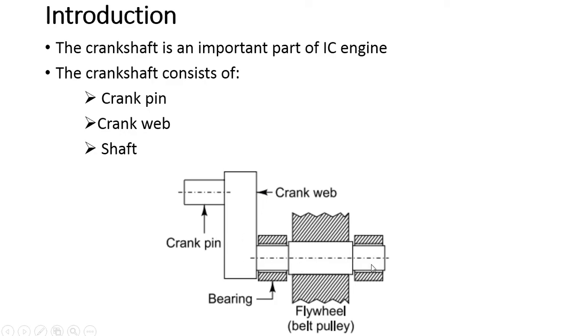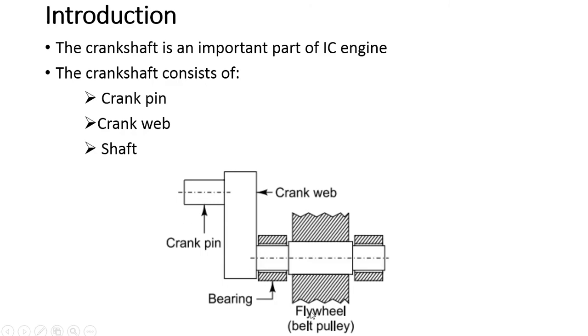Last is the shaft portion that rotates in the main bearings. We have two bearings in this also, and it transfers the power to the outside source, which can be with the help of pulleys or gears. So here it is connected. So these are the complete components of a crankshaft: a crank pin, a crank web that connects the crank pin to the main shaft, and the main shaft where the flywheel is to be attached. Again we have two bearings to support this whole assembly. We have two bearings in this case.